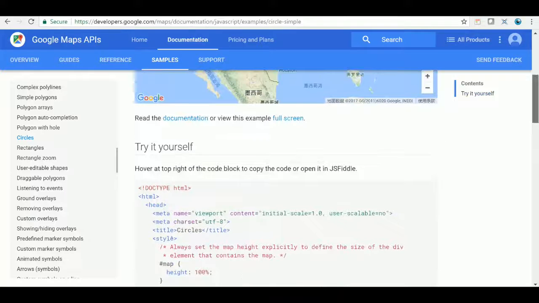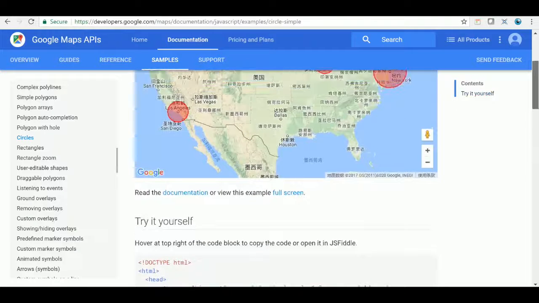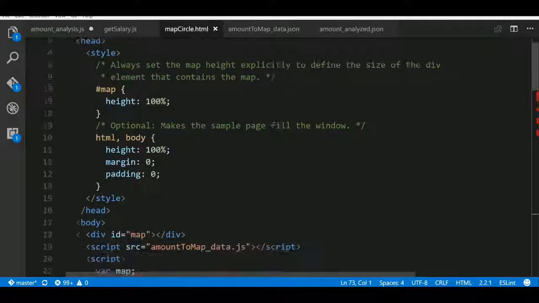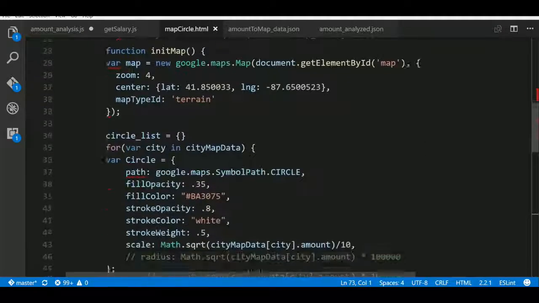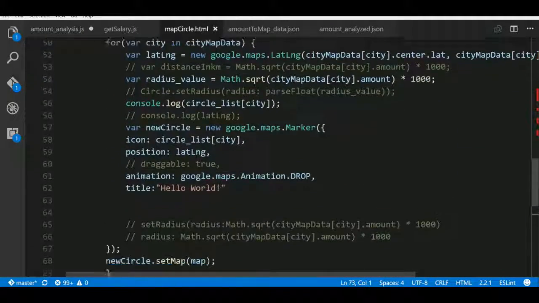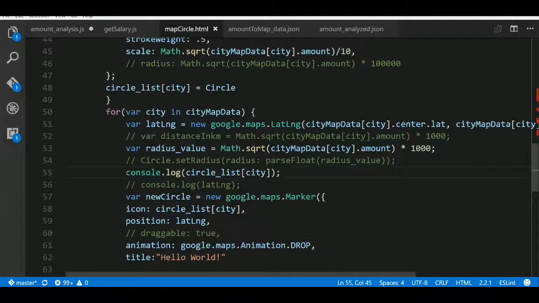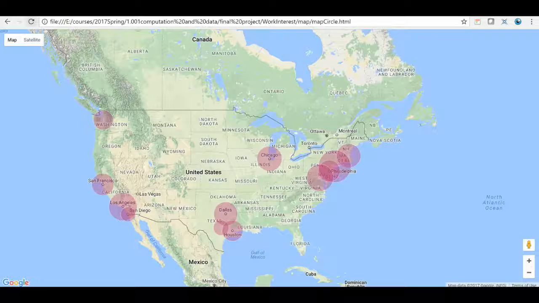We searched a lot on Stack Overflow and came up with an idea to tie the circle to the markers. Here is the HTML code to implement this. Now, the circles' centers are the major cities and their radius represents the total amount of job positions. This is our welcoming page.